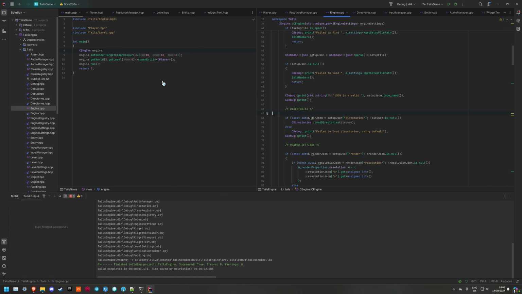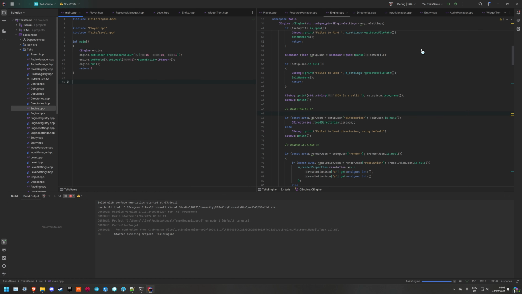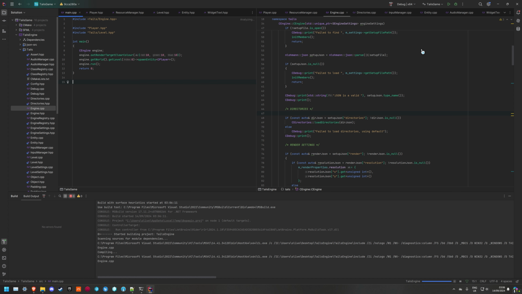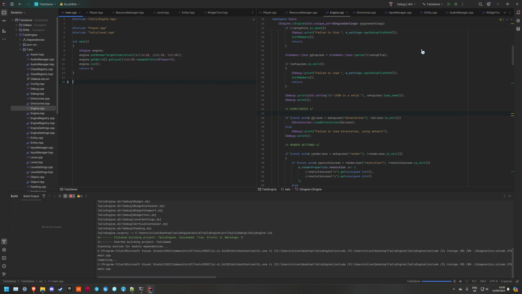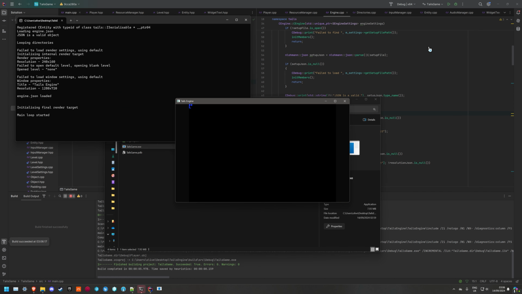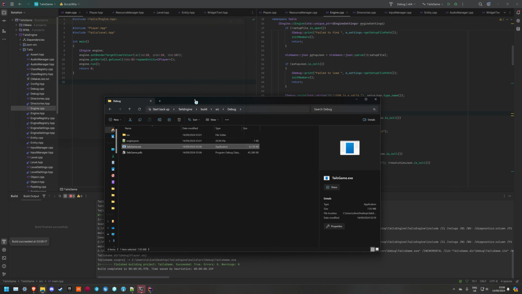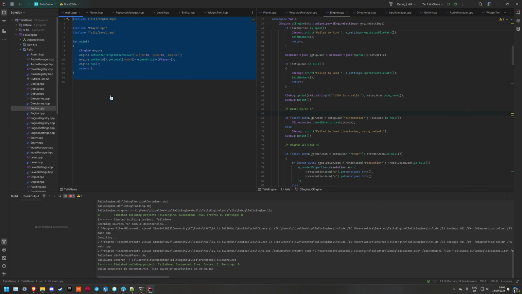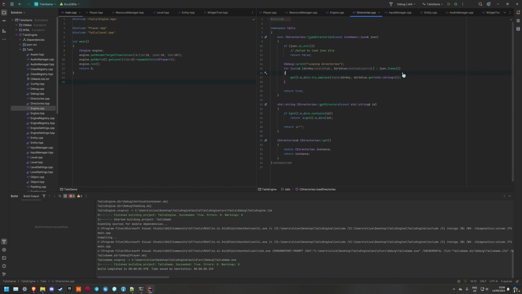Wait. Okay. So it's just because I didn't change the main thing, which meant it didn't trigger a full recompile of this. Oh my goodness. Okay, well, yeah, it works. It works, obviously. I want to change stuff on this because I want to,